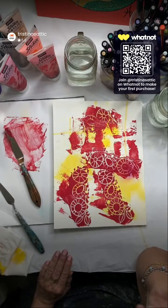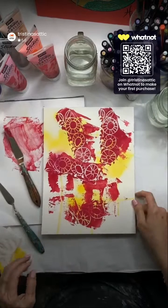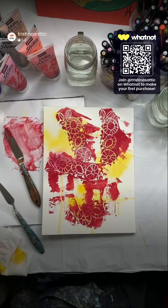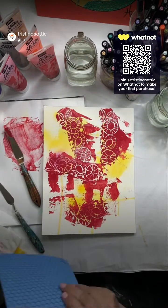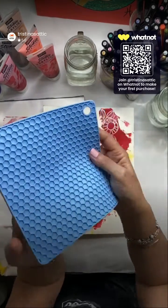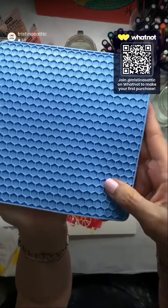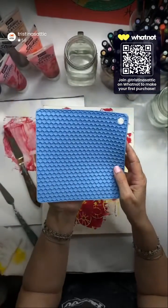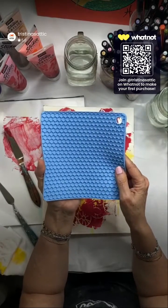You don't have to worry about it shining afterwards. It's only because it's wet. Now, I'm looking over here and I have this really cool texture mat. Of course, it wasn't sold as a texture mat. It was at the hardware store and it was sold, you know what, as a silicone trivet, right? But look at the design. It's a honeycomb. I love hardware stores. Hardware stores have so many art supplies in them that they don't know are art supplies,